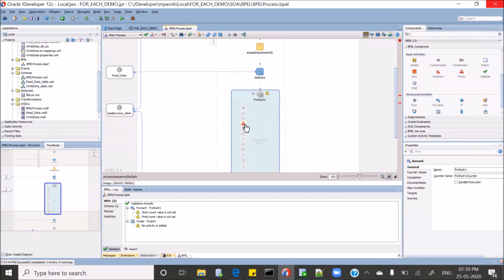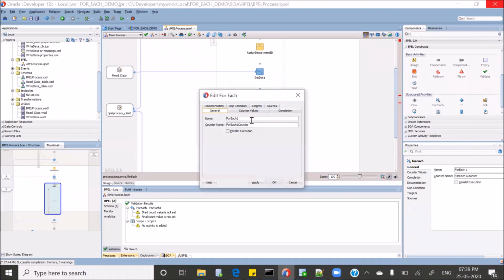This is how this block comes. We go to the for each. This is the name. Let's make it as for each only. This is the counter name. So what is a counter name? For example, if you have worked on another programming language, the way we have for loop, first we need to initialize it. So for example, variable I we will take. So I is equal to 1, then I till less than equal to a particular value, for example, 10 or 15, and then I plus plus. So that I is a counter here. So let's give the I as n.